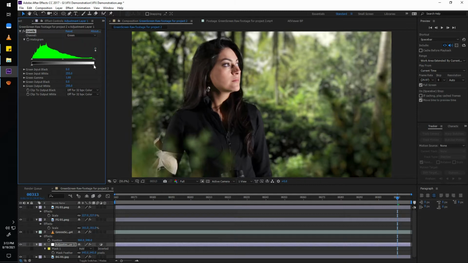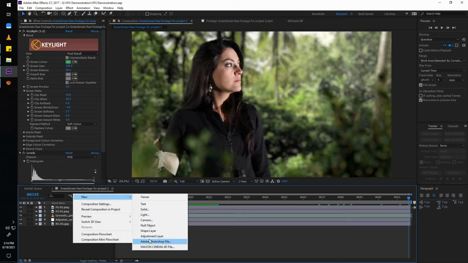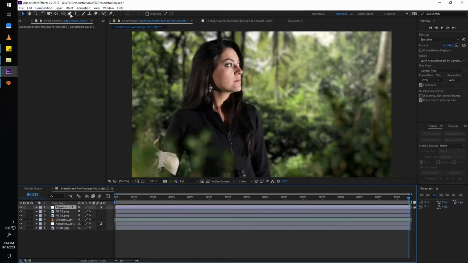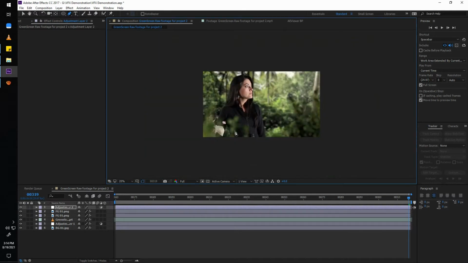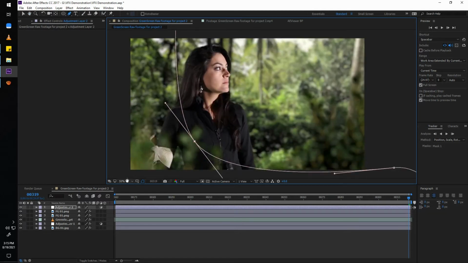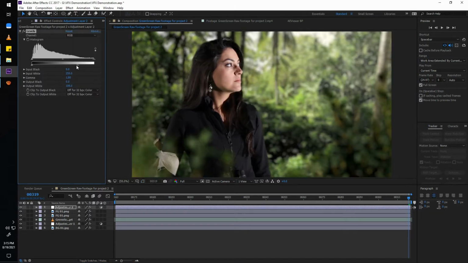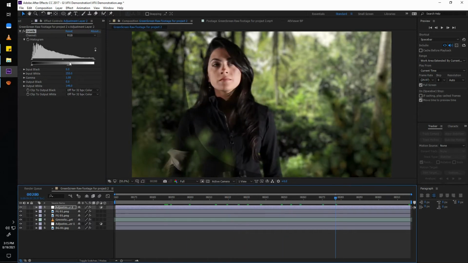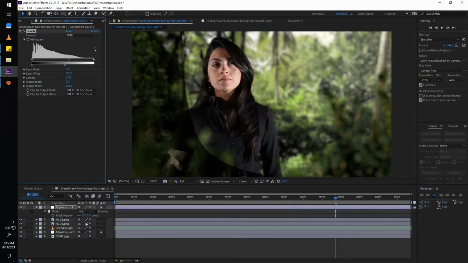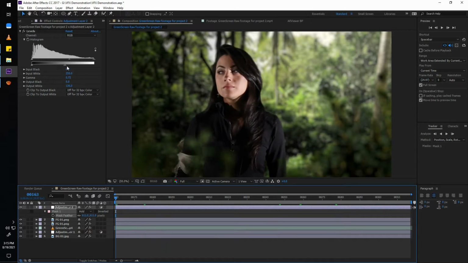And after that, I'm going to create another layer to add some darkness into the scene in the opposite direction, on the left side. For that, let's create another adjustment layer, and then again I'm going to create a mask in the left area, and then I'm going to add another levels effect to add the darkness. And again I'm going to feather out the edges. Now the entire lighting of the scene isn't flat. Now we have a light and dark